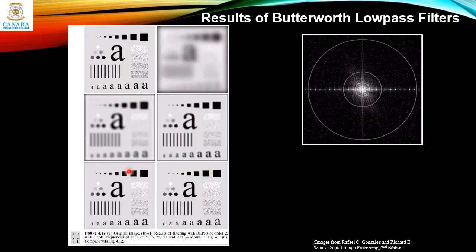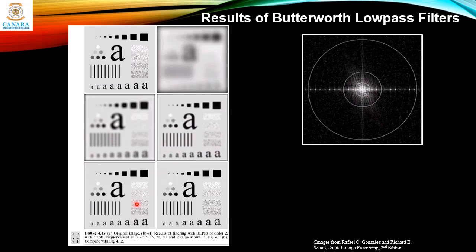So these are the results of filtering the image using the Butterworth low pass filter. The first image here is the input image. This second image is the result of using the smallest radius for filtering, and the order for all these results is 2, a Butterworth filter of order 2. If you keep only the area corresponding to the smallest circle inside, this will be the result. If you go for this circle, the output will be like this, and if you go for the third circle, the results will be a bit better.